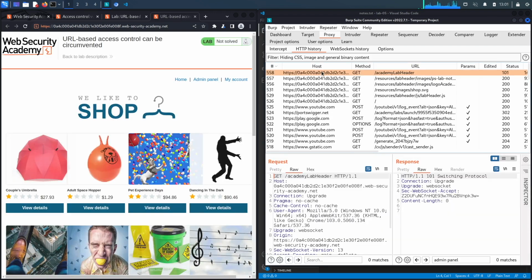Okay, so a little bit of background knowledge before we solve this exercise. The X-Original-URL header is a non-standard HTTP header that can be used to overwrite the URL in the original request. So let's say a website has front-end validation that implements access control by restricting based on a URL, but the application allows the URL to be overridden using that request header, then we might have an access control vulnerability. The way to test for that is to first send a normal request without the header and observe